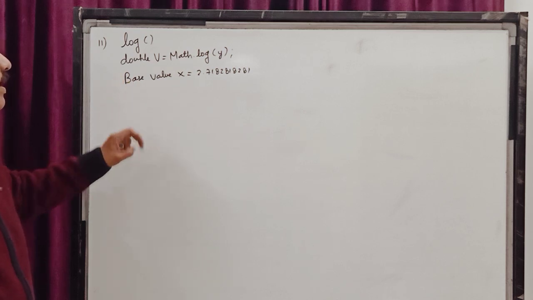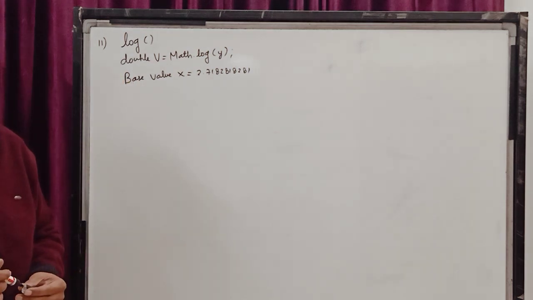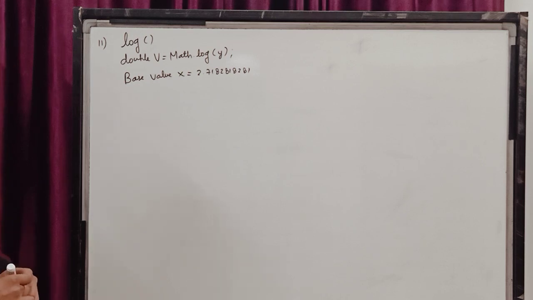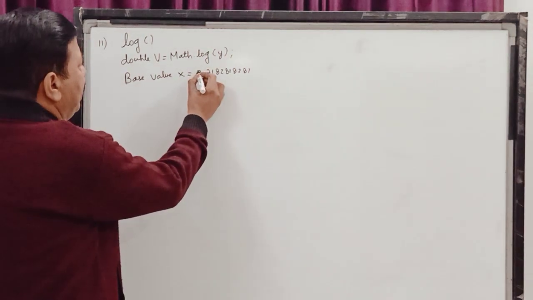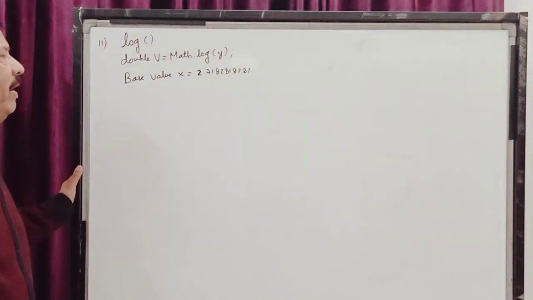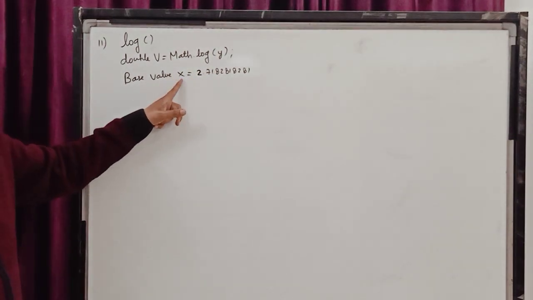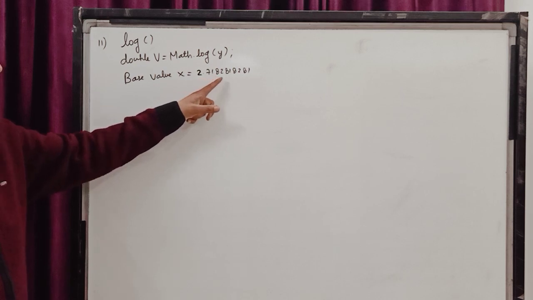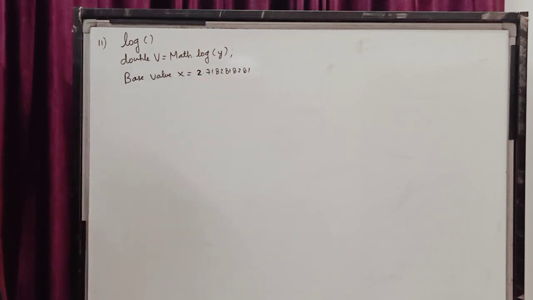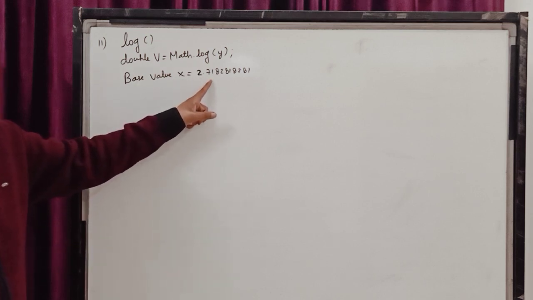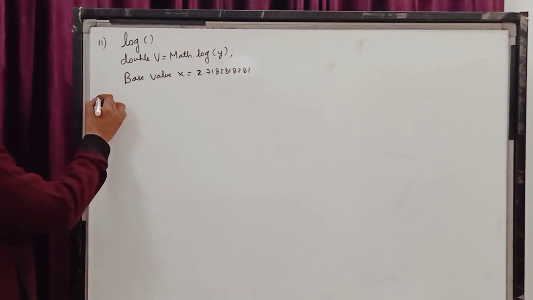So we say that this function is returning us the natural logarithm of the number y, where the difference is that in place of taking the base value as 10, the base value here is e, which is 2.7182818281 and so on. This is the approximate base value here. And children, the next function related to it is